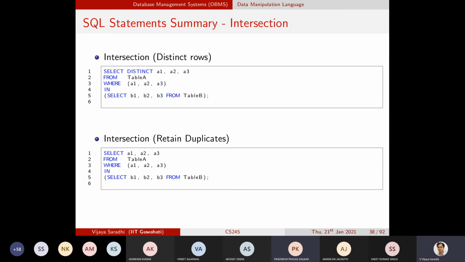Yes. So this statement will give 5 rows in the answer for 1, 2, 3 because for each 1, 2, 3, it exists in the table, right? You are correct. I'll get back to you on this one. What you are saying is precise. We should get only 3 rows out of this intersection operation if we are retaining the duplicates.